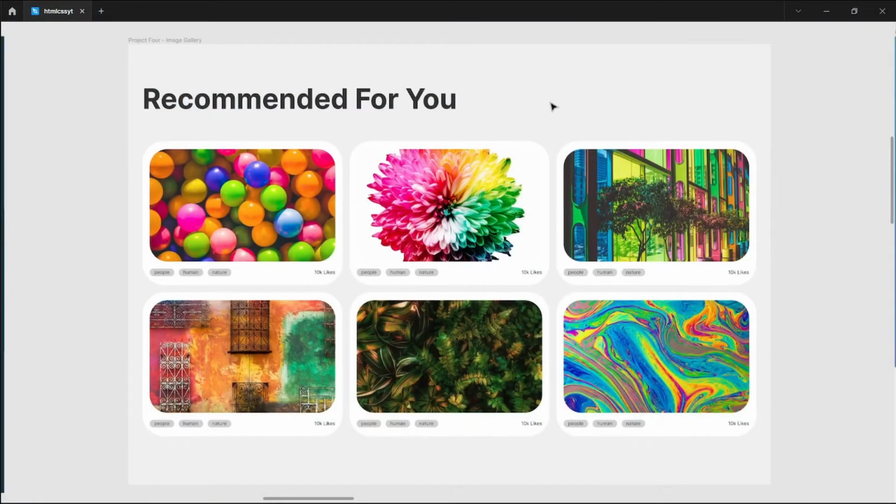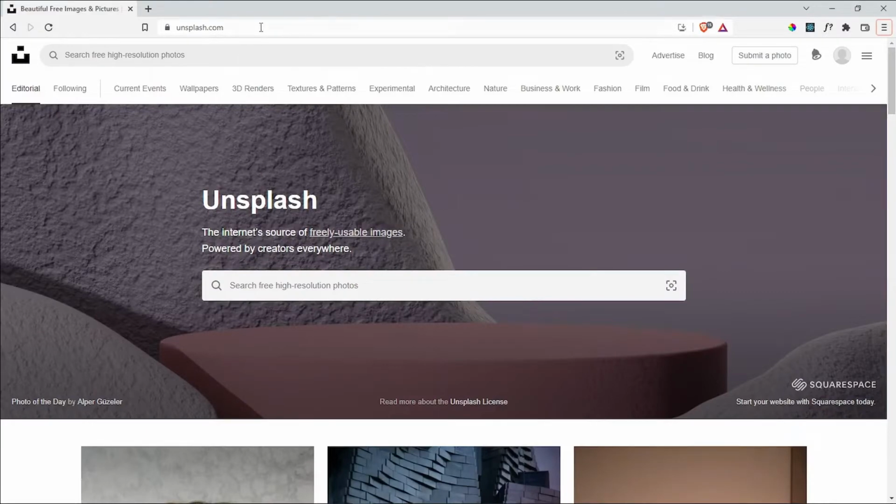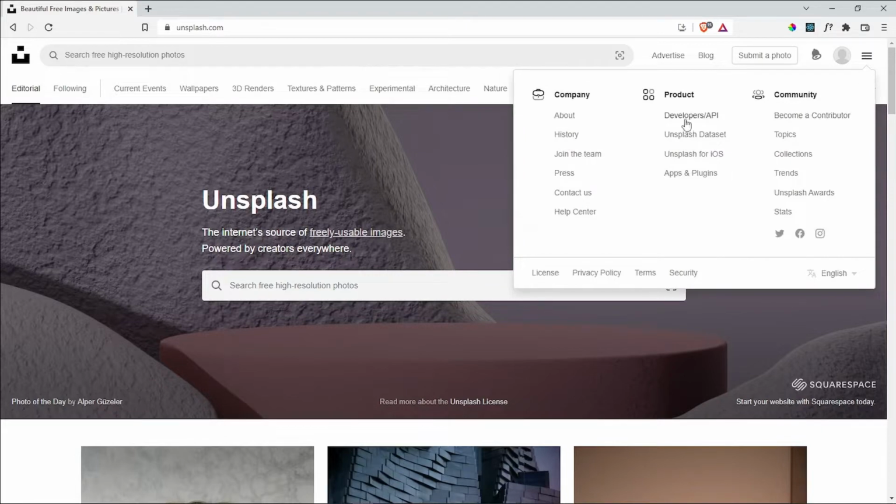So this next project is going to be an image gallery, and it's going to involve a bit more setup before we can begin, because we're going to be using an API from Unsplash to get the images, and we're going to be using the JavaScript fetch API to get the images. So in order to set up our Unsplash account, we have to go into unsplash.com, and I already have an account with them, but if you don't have an account, then it's going to show you a sign up button. And then once you sign up, you're going to have access to this tab right here, which says Developers